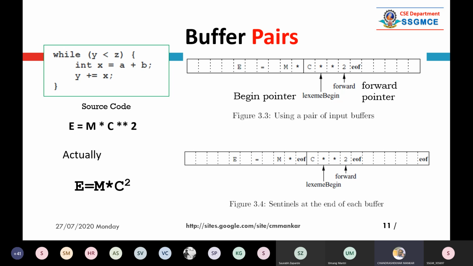So what do we do? When you read the second buffer from left to right until EOF, what will happen at that time? If your code is very large, what will you do? While reading this second buffer, you will erase the content of the first buffer and bring the remaining part of your source code into the first buffer.